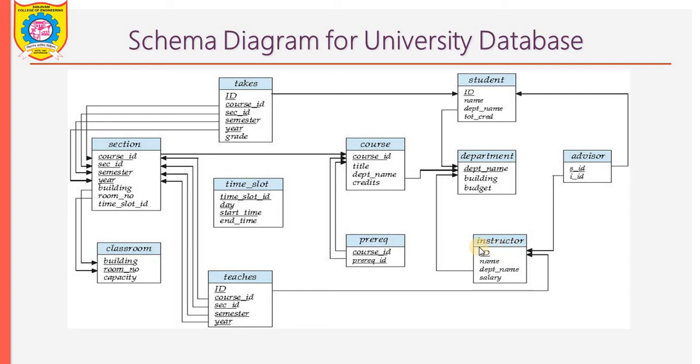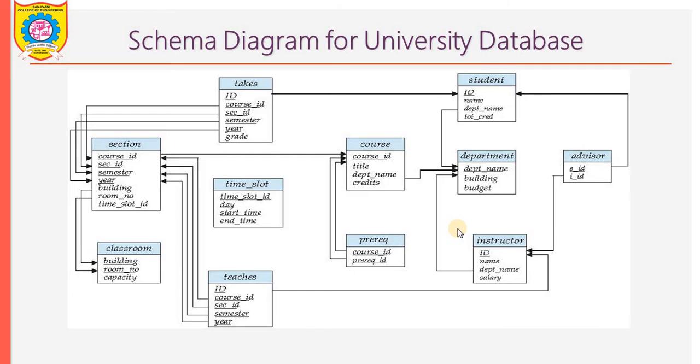So far in the previous example we have learned how to implement the instructor table, where ID is the primary key, denoted by the underline, along with name, department name and salary. These are the four columns of the instructor table, where department name is selected as a foreign key, which is the primary key of the department table. The department table has department name as its primary key, and along with this, building and budget, two columns, are there in the department table.